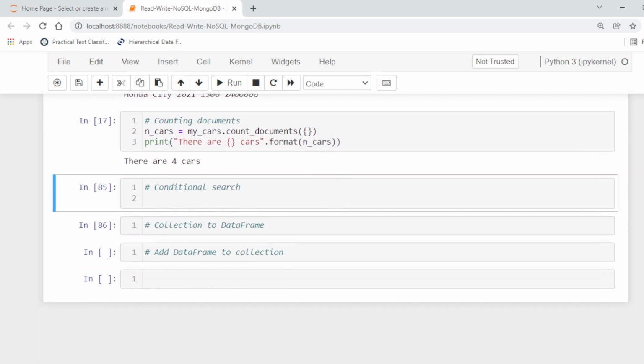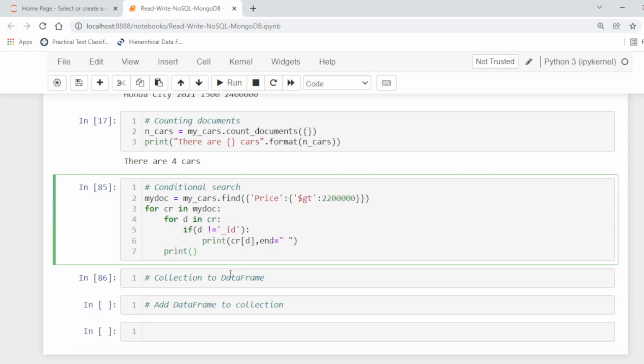Conditional search. We can also specify some condition. For example, if we want to display all the cars whose price is greater than 22 lakh, here my cars dot find, we apply this condition on the price field, greater than 22 lakh.